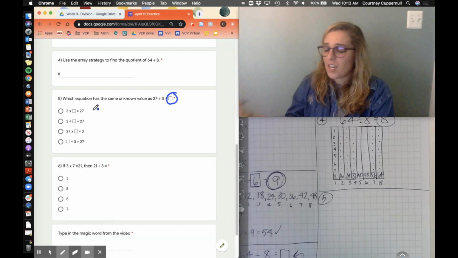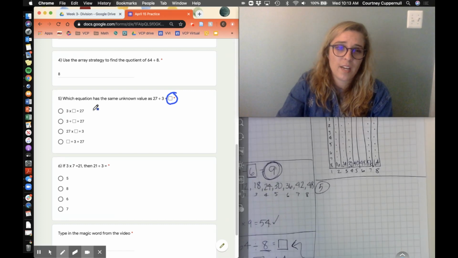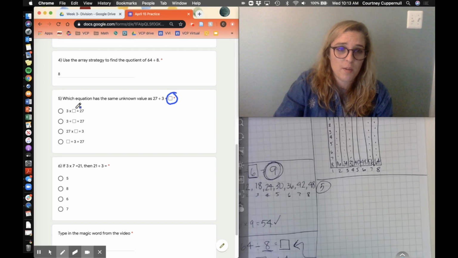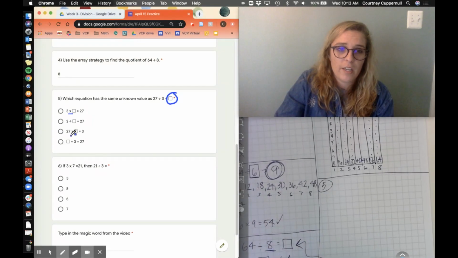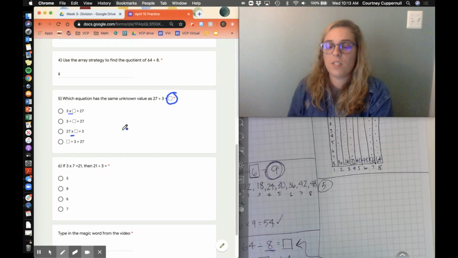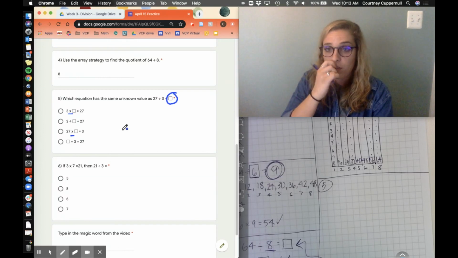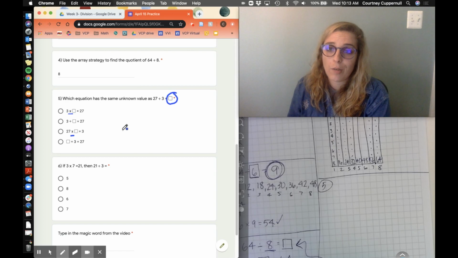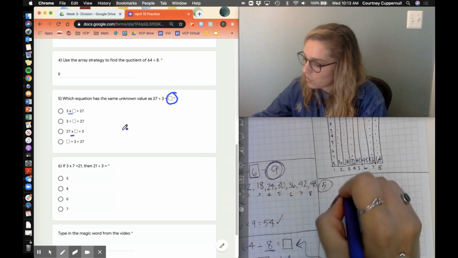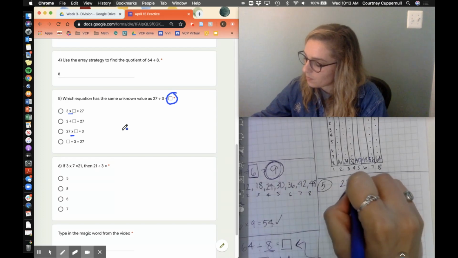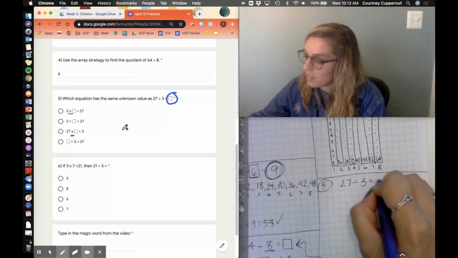So the first thing that I would do is look at my answer choices, and I see that some of them have multiplication in them. Here's a multiplication sign, here's a multiplication sign. I'm a smart BCP scholar, and I know that sometimes we can use multiplication to solve division equations because they're opposites. So we can write equations that are equal to the same thing with division and multiplication. So I'm going to take my division equation